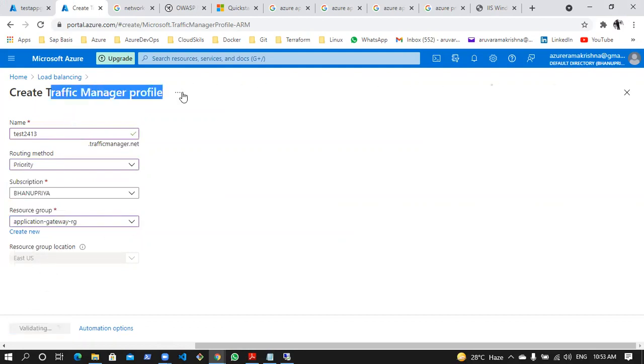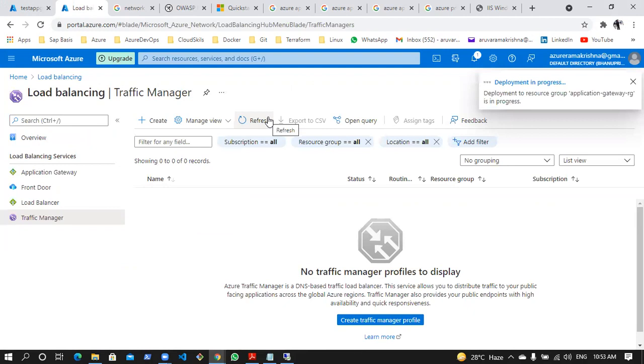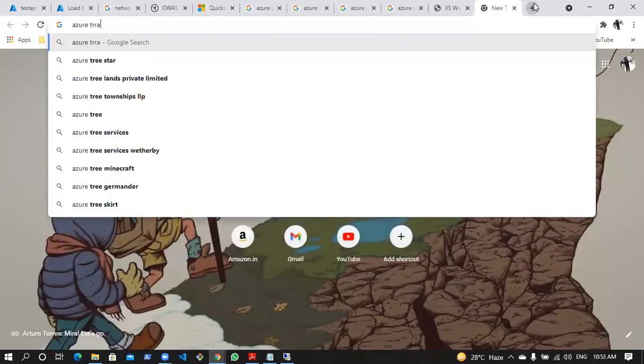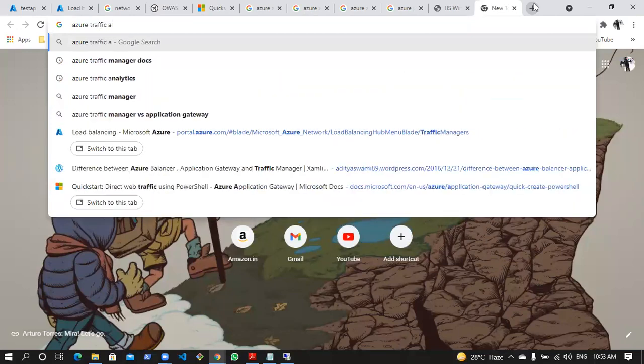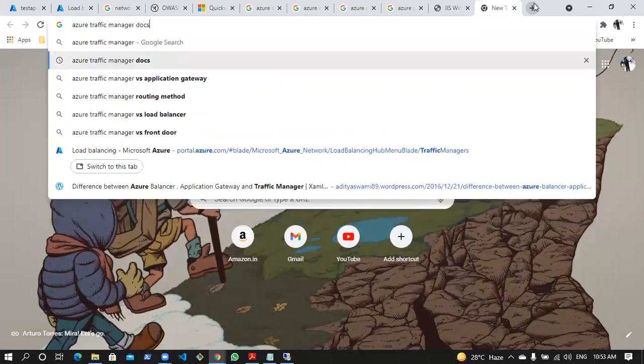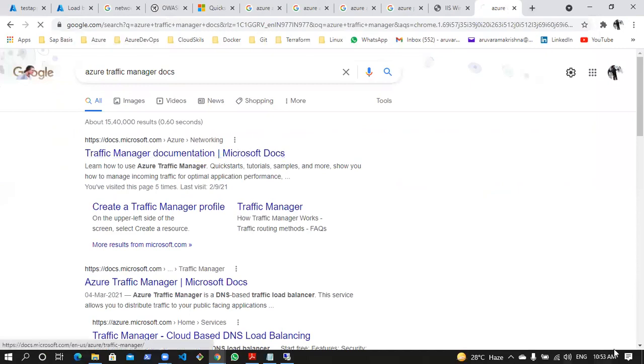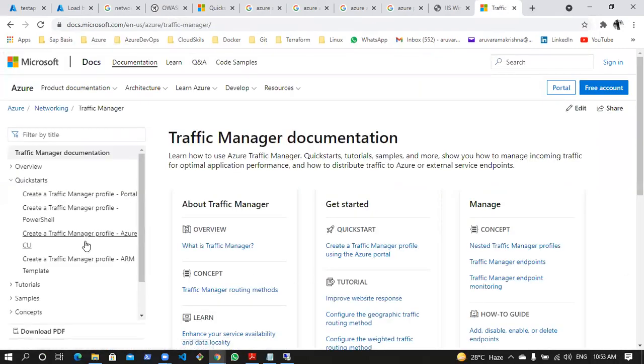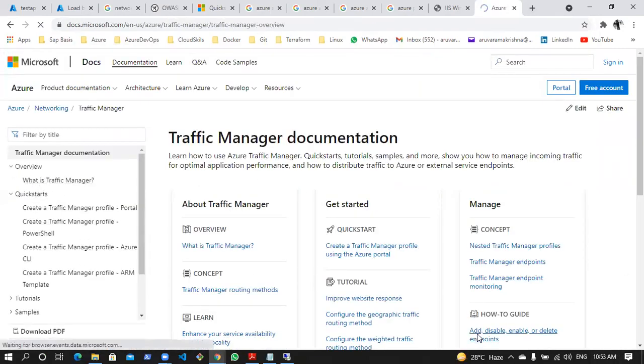So now I just created a traffic manager. Here I'm just routing the traffic on a priority basis. After creating this traffic manager, I'm going to create certain endpoints. Based on those endpoints, the traffic will be routed to the regions. Let me go to the documentation also, Azure Traffic Manager docs. If I go here to the overview page,